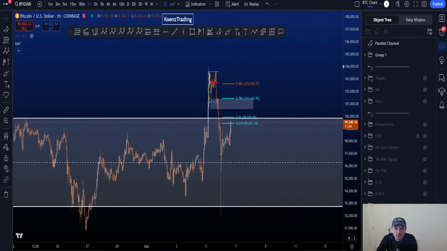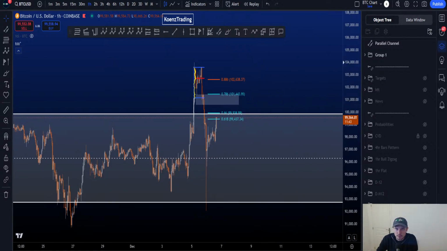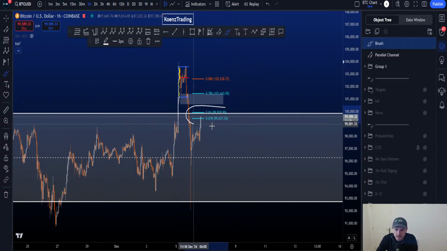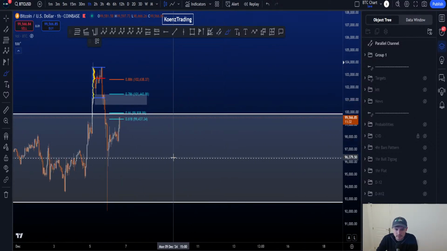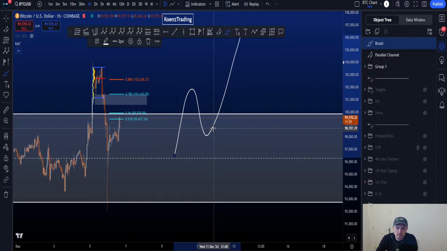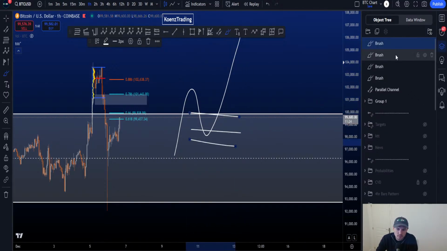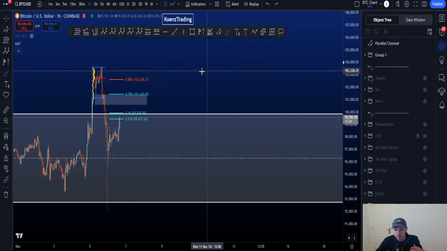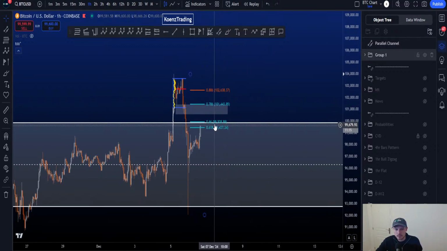What's the biggest difference between looking at the golden pocket and the 886? It depends on the scenario you're looking at. A golden pocket is the most common retracement area, purely from data. When you have a wave 1, 2 and up, the most common target for 2 is the golden pocket. Of course, you have the 0.786, but most common is the golden pocket. And same with a wave B or a wave X. But it's an important level on the chart.